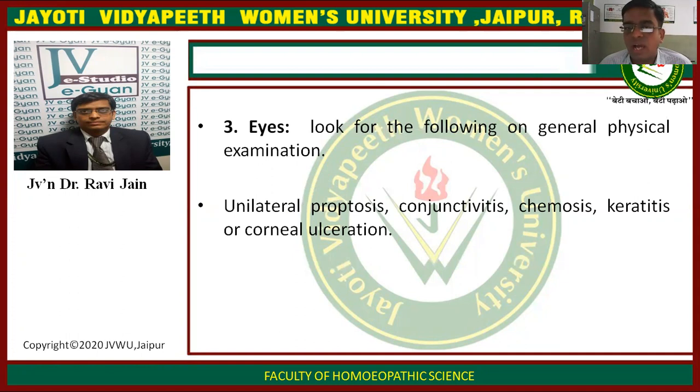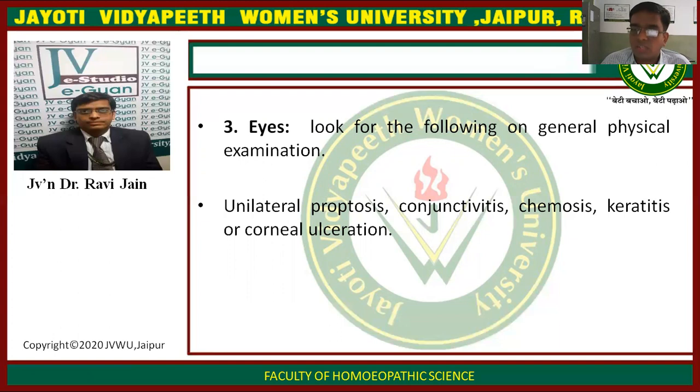Then we have to look into the eyes for the following things. In the eyes, we have to check for jaundice and also for pallor in case of anemia. These things we have already discussed in the previous lectures, because the general physical examination of all the systems remains almost the same. The general features remain the same, and the peculiar features have to be checked for. In neurological examination, we have to check for ptosis. Ptosis is drooping of the eyelids. The drooping of the eyelids can be unilateral or bilateral, so you have to check for unilateral ptosis.